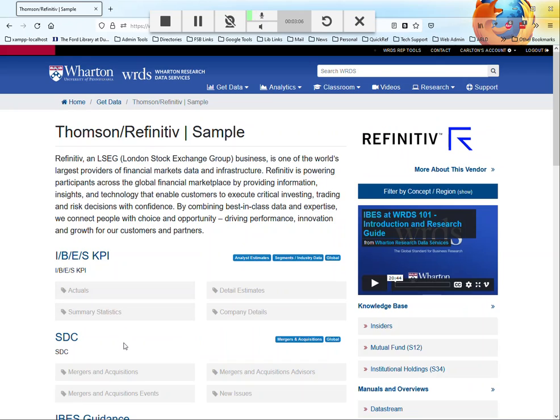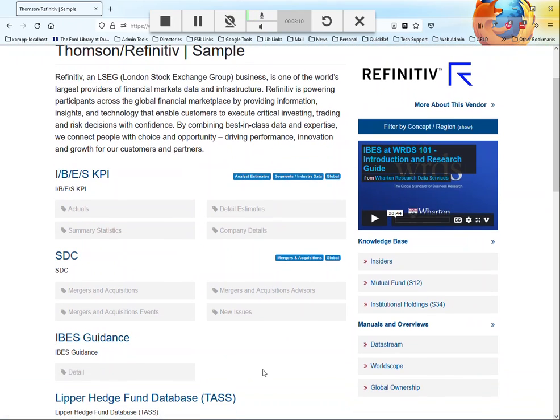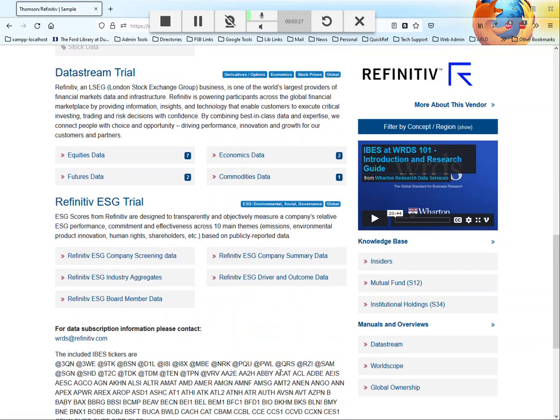You can see here, these are trial sample sets that have not been activated for inspection. If you would like to evaluate a trial data set, please contact us at the Ford Library. Scrolling down, we see data sets in the Refinitiv ESG trial. To query these, you can choose them here